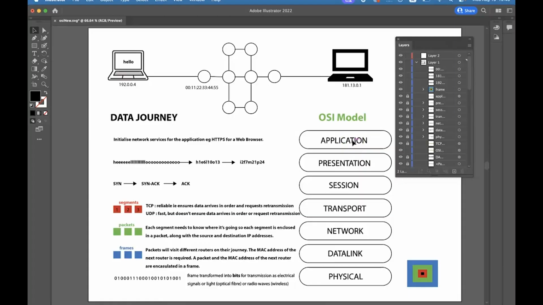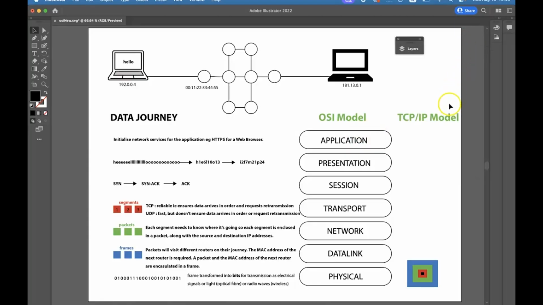Now, in modern network communication, we're really thinking mostly about the internet. Okay. So for the internet, another model has been designed. It's called the TCP/IP model, okay? And it kind of simplifies the OSI model a little bit. This is what it does. Let me just see if I can